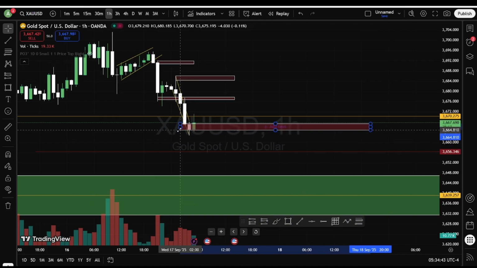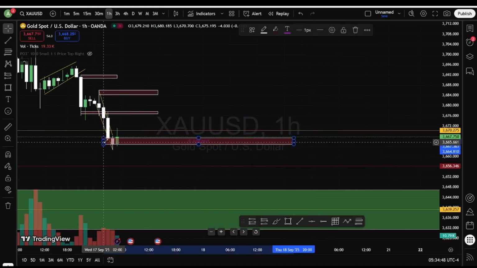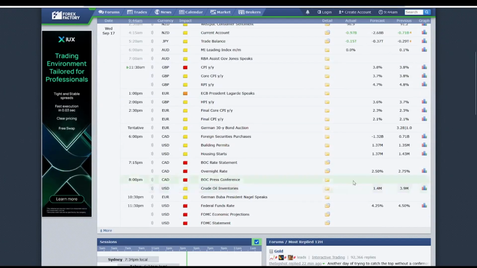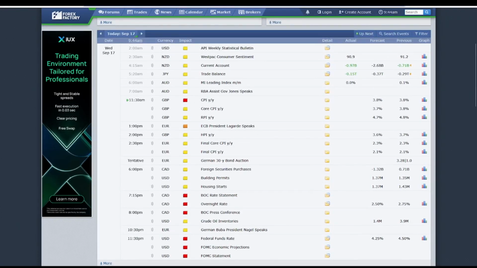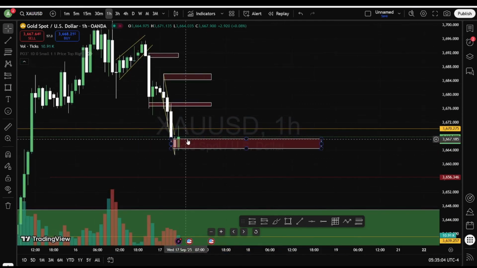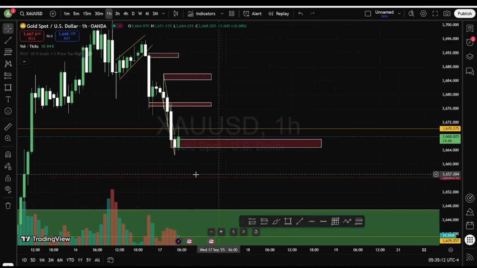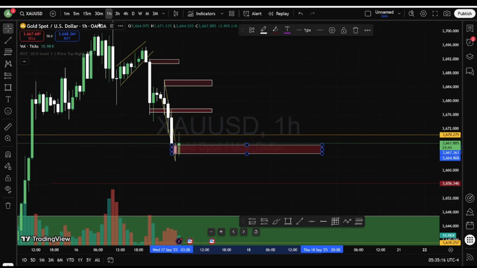Don't try to trade during news time. Anything can happen, guys. Because where we can see in Forex, you can see trade cut. So there are interest rate cuts. So prices can go upwards, but we need volume. We need volume.